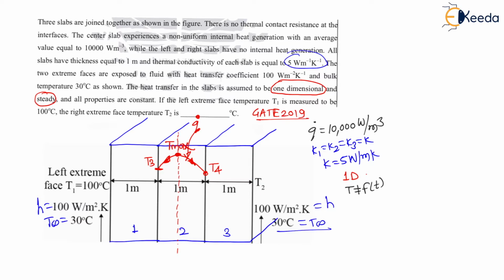Now my dear students, with the help of these two assumptions, that is 1D, flow is only in one direction, and temperature is not a function of time, steady state, right? It is called steady flow. With the help of these two assumptions, let us understand the concept. Because of one directional flow, the heat flows along any one direction. Let us say heat is flowing along the x direction. Therefore, the direction of heat flow will be the x direction only.